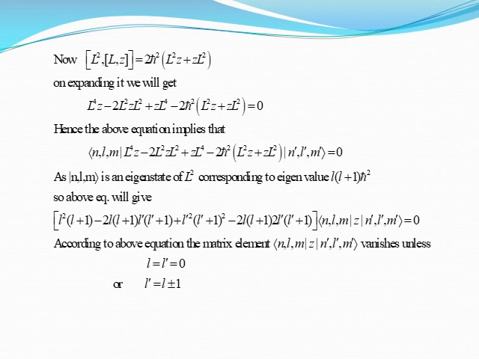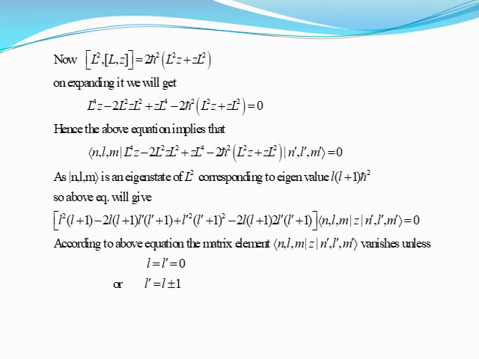Now the commutator of L² and Lz we have: 2ħ²(L²z + zL²). On expanding it we will get L⁴z − 2L²zL² + zL⁴ − 2ħ²(L²z + zL²) = 0. Hence the above equation implies that in bracket notation we have ⟨nlm|